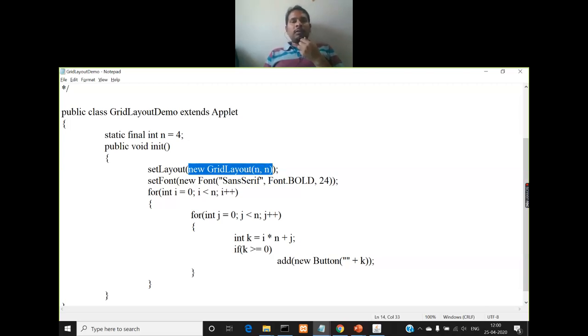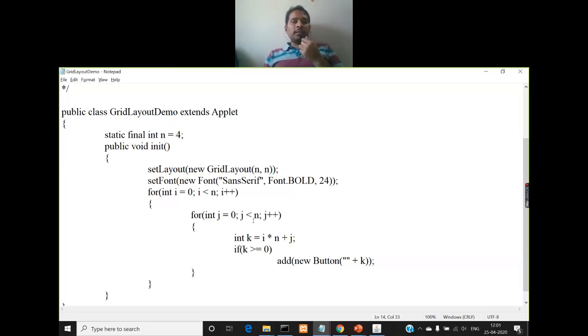So what is the constructor we are using? We have earlier mentioned 3 different constructors. First constructor is the default which does not receive any parameter, and the second one is going to receive 2 parameters, both of type integer. So if you observe, n comma n, 2 parameters are passed, and this n value is nothing but an integer value. So which constructor will be invoked? The second version of the constructor will be invoked. Okay, so this is going to create a 4 by 4 grid containing 4 by 4 cells. In each cell you can lay one AWT component. Why? Because n value is 4, right?